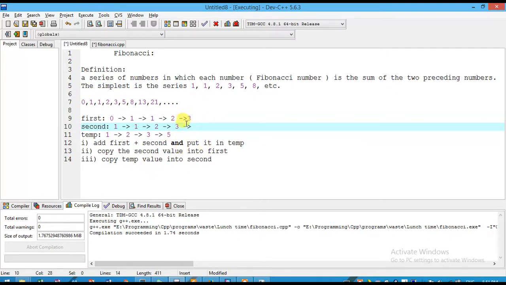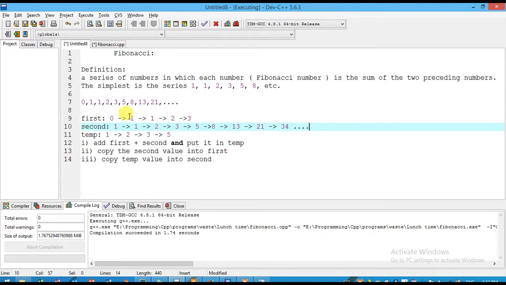And then again the last step is to copy the temp value into the second. Okay, hope you understand this logic. If you continue the same process, we will get 8 and 13, 21, and then 34, and so on.